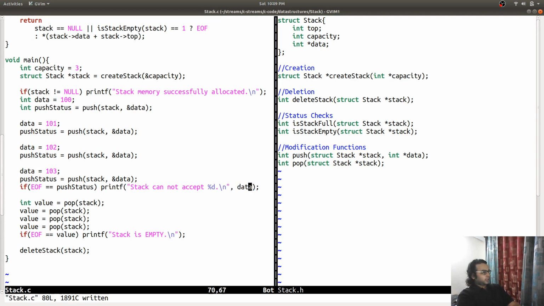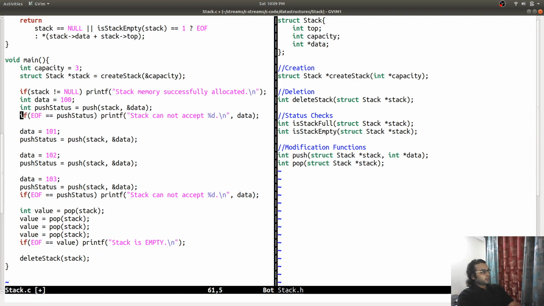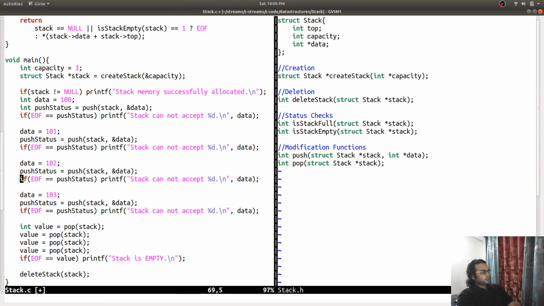Now this is a generic print statement. I'm going to move it now. Stack is empty cannot be made more generic than this.